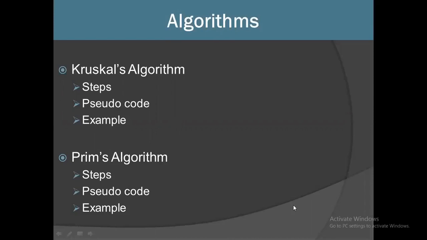Now the question is why we use an algorithm to find the minimum spanning tree of a graph if we can directly find the spanning tree. Because when your graph is very complex, we may have a number of spanning trees, maybe more than 100. So we have to identify which has the minimum cost. It is called the minimum spanning tree. Step by step, we discuss Kruskal's algorithm.